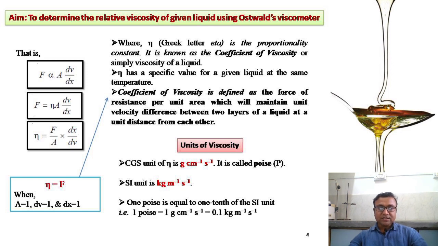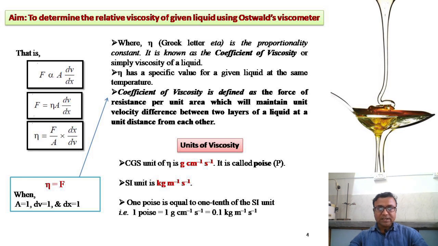This dv by dx is also called the velocity gradient, because it creates the velocity gradient through which some frictional force is generated, which affects the viscosity of individual liquids. Here, if you remove the proportionality sign, the constant is substituted, that is